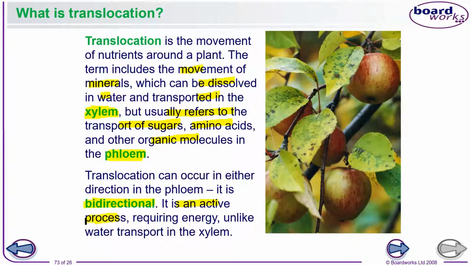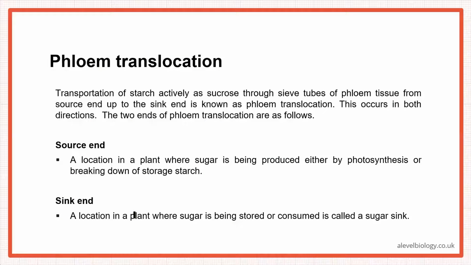Okay, so unlike transpiration, which is a passive process and unidirectional, translocation is an active process. Okay, it requires energy, unlike the water transport in the xylem, right? So it's bidirectional and it requires active transport as well. All right then, as we're talking about the phloem translocation, we need to actually talk about the transportation of